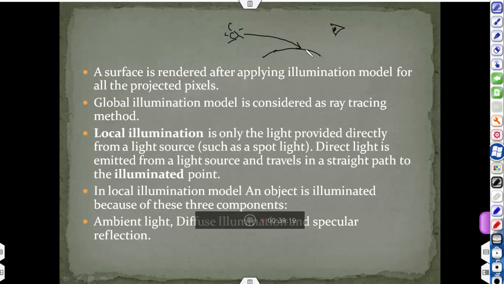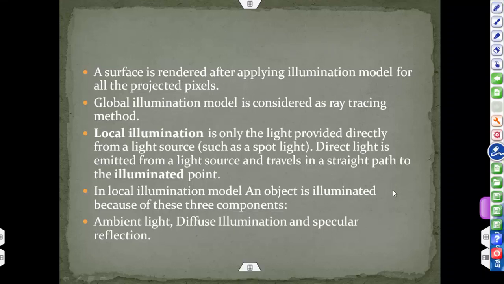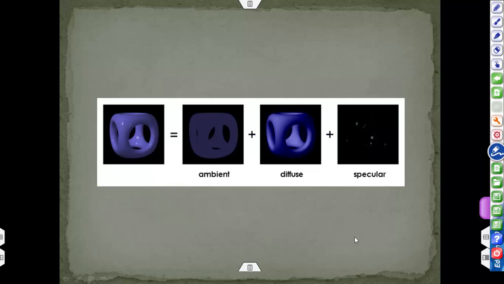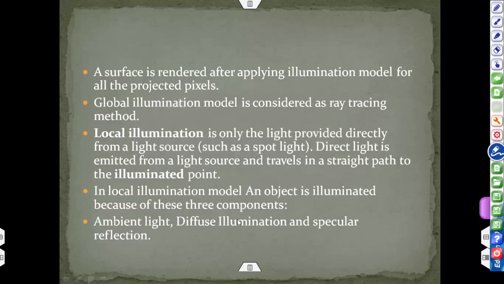Once the light source emits light, it will be reflected and viewed by the user or camera. The local illumination model has three major components: ambient light, diffuse illumination, and specular reflection. So this illumination model is a combination of ambient, diffuse, and specular components.